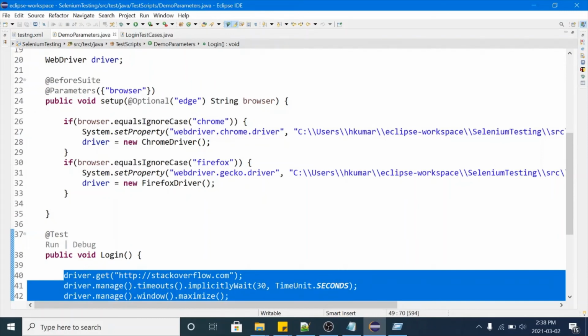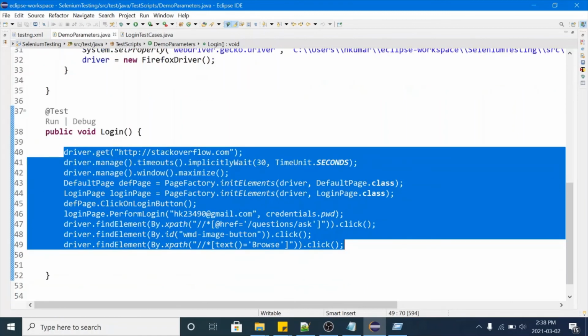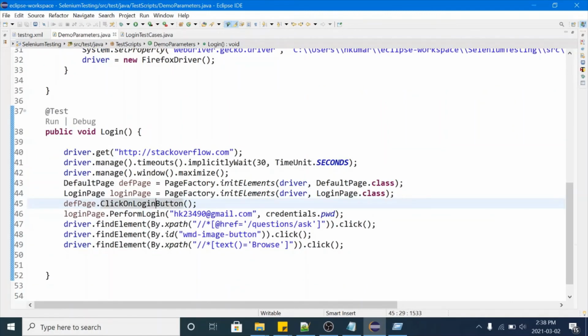And you are running your automation on two browsers, either Chrome or Firefox. If you want to cover any other browser, you can add more conditions here. I suggest when you write your test scripts in your project, they should be independent of Chrome browser, Firefox browser, or any other browser.